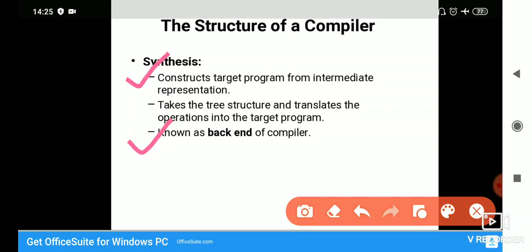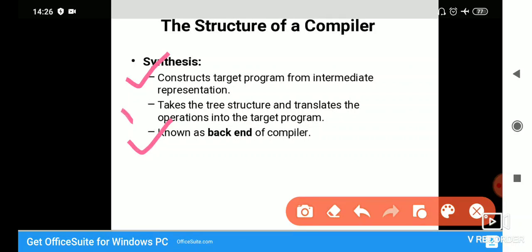So it constructs the target program from the intermediate representation. In the analysis part we constructed the intermediate representation, and here from the intermediate representation we construct the target program. That means we are proceeding towards the final result.